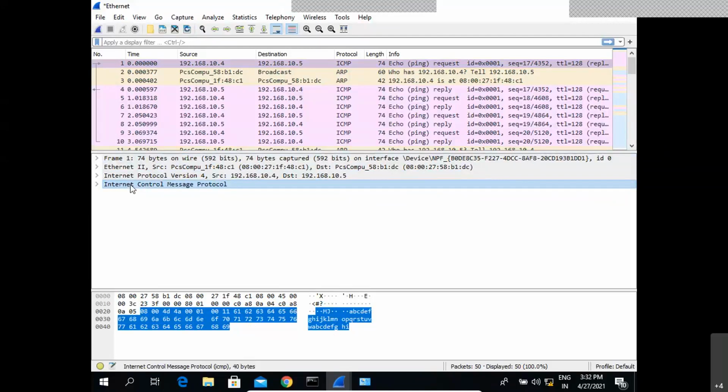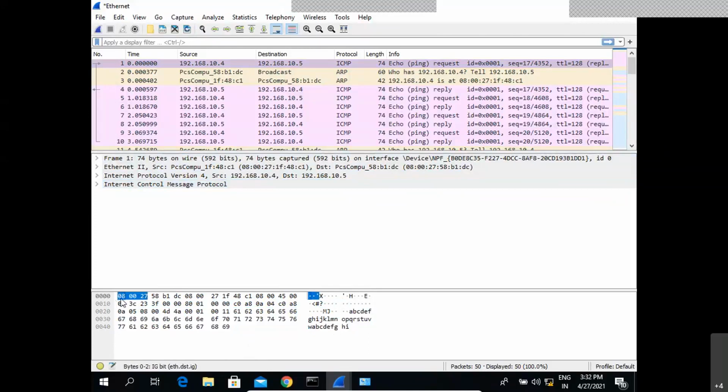And in the third section, this is the exact packet, or the raw packet, that is flowing on the wire. On the wire in the sense, because we know that the system understands only zeros and ones. Whatever we are seeing in the previous windows, like the TCP/IP dissection or the human readable format, the system doesn't understand that kind of communication. All this information is the raw packet that has been captured. So this is the only packet that the system understands.